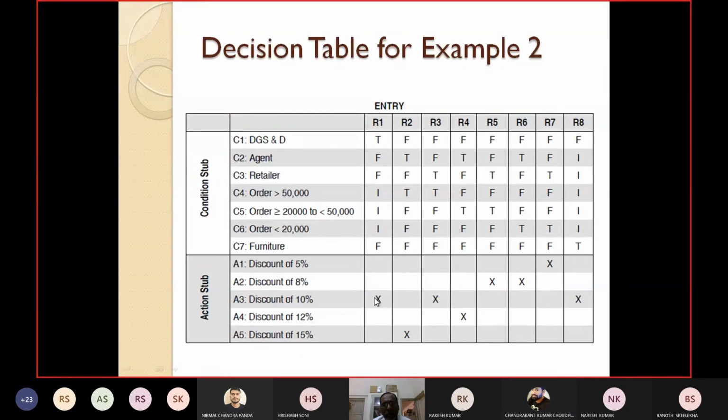Okay, so no problem. It is a kind of priority. Actually, see, I have told you, DGST means the Directorate General of Supplies and Disposals. The government has a scheme. You can go to the DGST website; the government has given this decision. This is government price, so that discount is applicable to all.